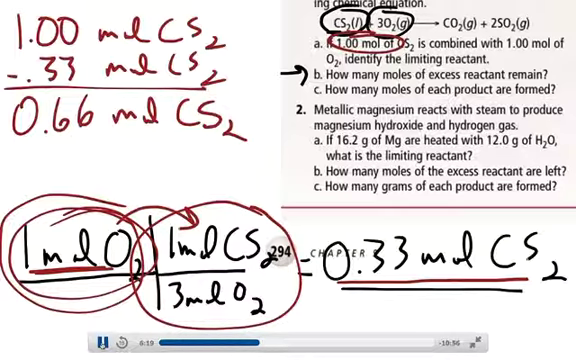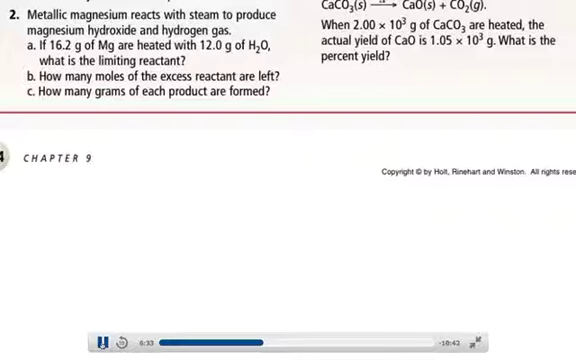Okay. How many moles of each product are formed? Well, we already solved that for carbon dioxide, right? We found that we are actually going to make 0.33 moles of carbon dioxide. So we solved that. You can do the same for sulfur dioxide if you are so interested, and it probably would be good practice. So what I'm going to do, though, is turn to number 2,